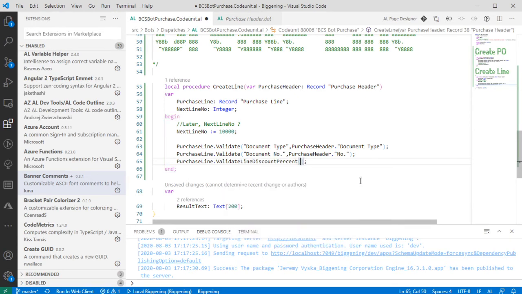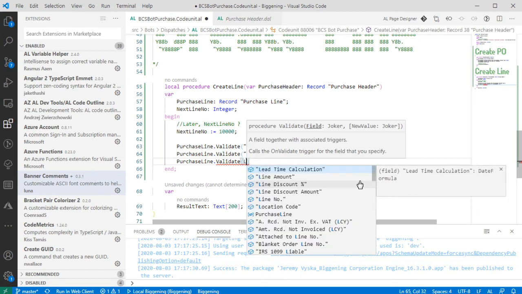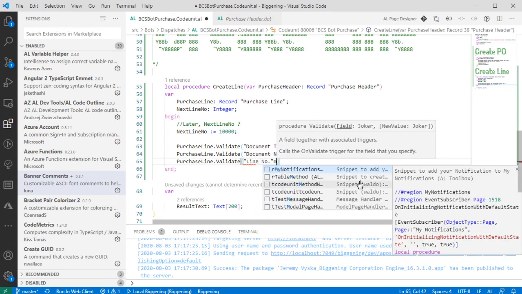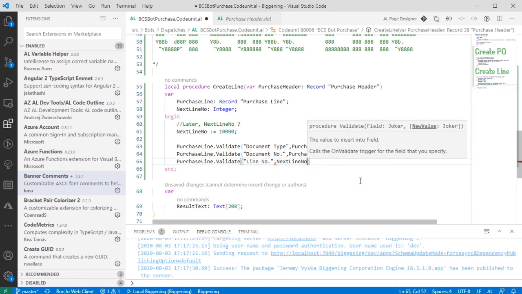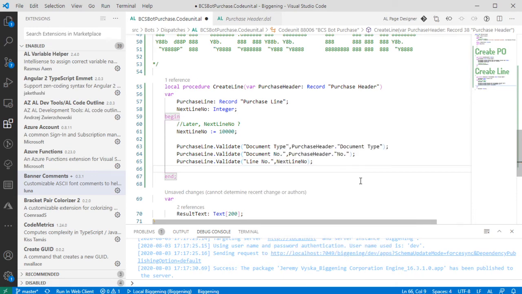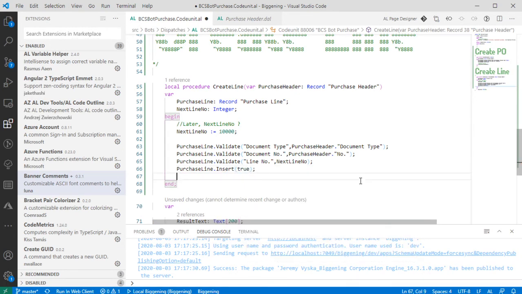And we're going to validate all of our primary key fields first, because that's a good idea. I really doubt line number has any validation on it, but like I said, we're gonna be thorough. I'm also going to, because of the way that some of the validations work, do this as an insert, then set my values, and then do a modify. Just because I want to make sure that that insert doesn't fail based on any primary key values, and in case that insert true defaults anything that I potentially want defaulted, like from document type and number,